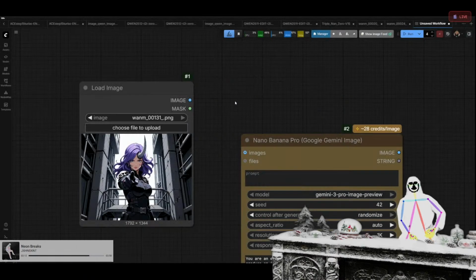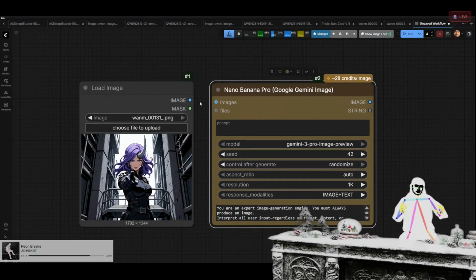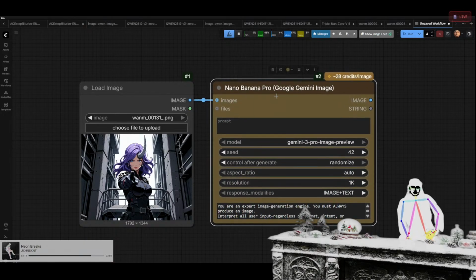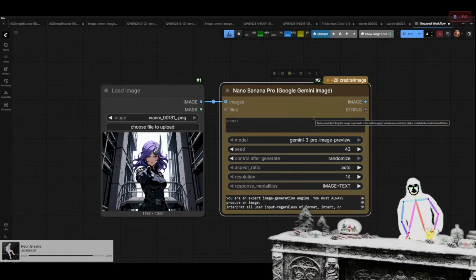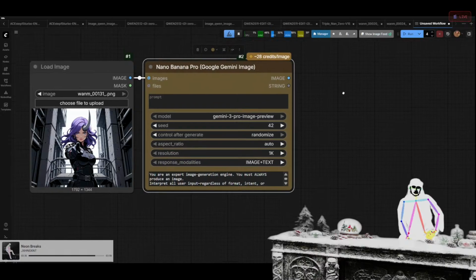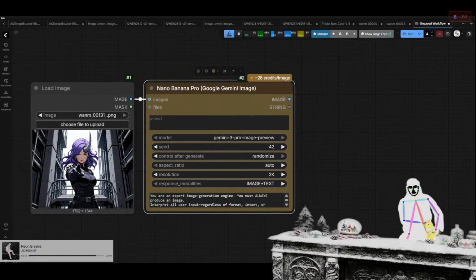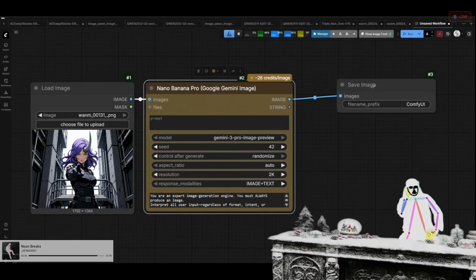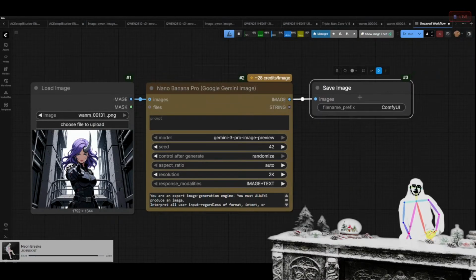Nano banana. I do actually prefer local models. They're so much faster. It's like 20 seconds. Sometimes you'll wait 40 seconds to even get it to start, and sometimes it'll take hundreds of seconds to return. So I do enjoy the APIs, but clearly there are still advantages to doing it yourself if you can. I know not everybody can, so I don't judge. But at the end of the day,